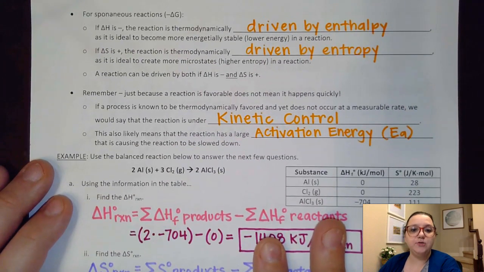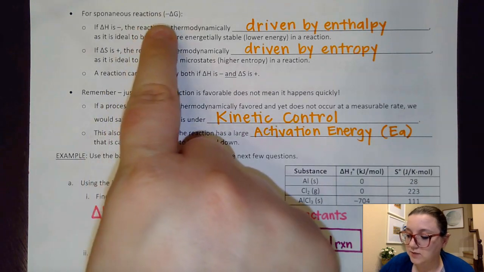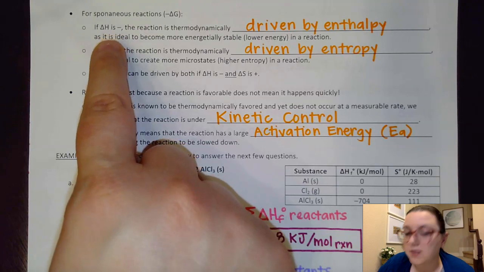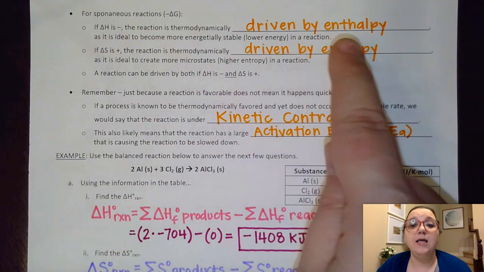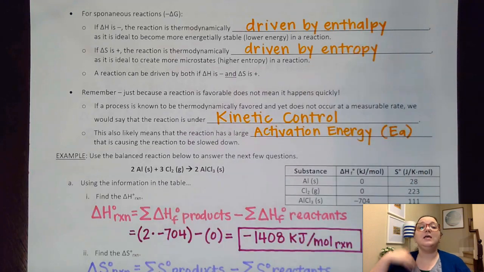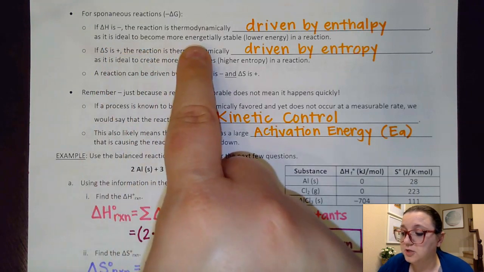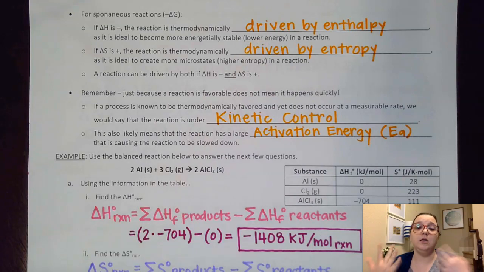All right, now there's two last statements up here before we jump into a calculation. First off, it says for spontaneous reactions to have a negative delta G value. As a reminder, if the delta H is negative, then that means our reaction is thermodynamically driven by enthalpy. The enthalpy is providing that opportunity for us to be favorable because, again, it is ideal to become more energetically stable. It is ideal to go to a lower energy throughout our process rather than to get to a higher